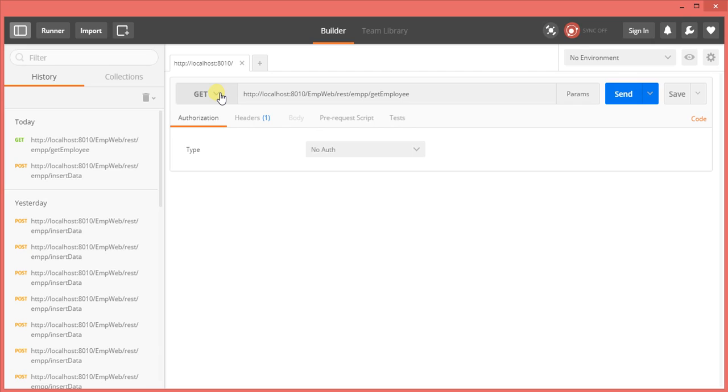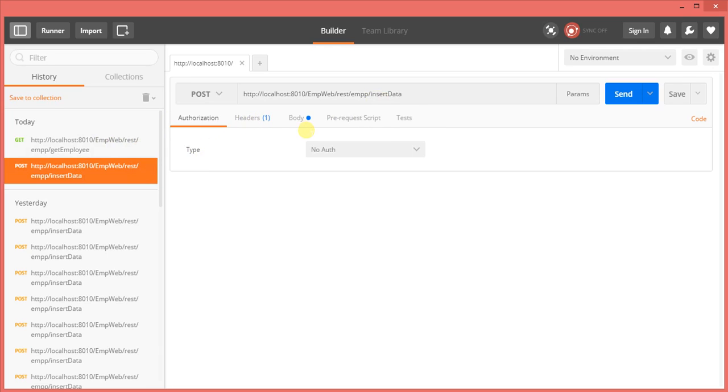This is the drop down where we can select the type of request, whether it is a GET, POST, PUT, or other types of HTTP request. And this is the place where we can provide our URL to test our services. Okay, so let me click insert data.